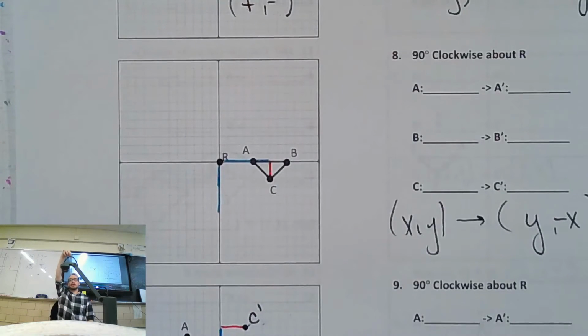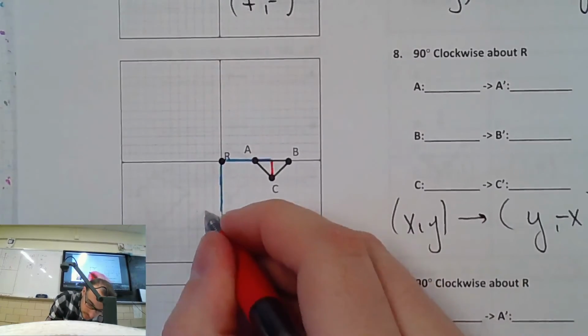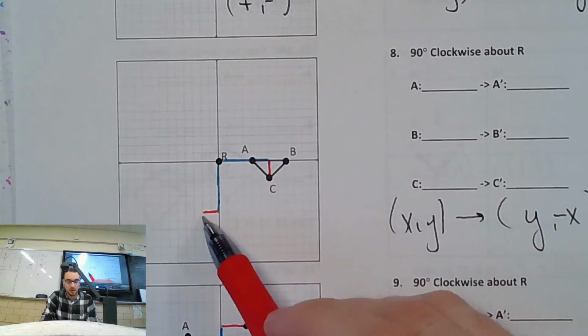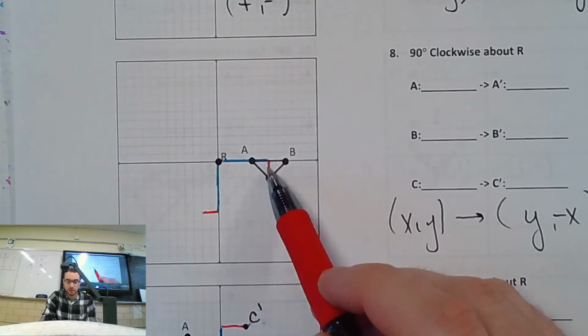Red line's already pointing down. If I go 90 degrees clockwise, for you guys that's this way. Which direction is it going to point now? To the left. So that red line's pointing to the left too. That makes sense. You can see that leg right there. It's like kicking a ball, swinging down. So the red should point to the left.